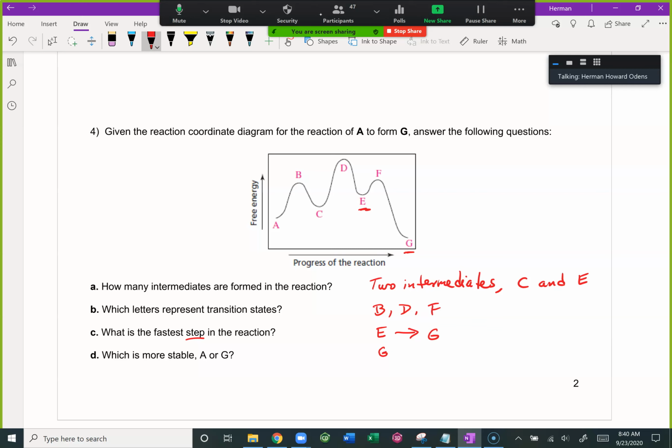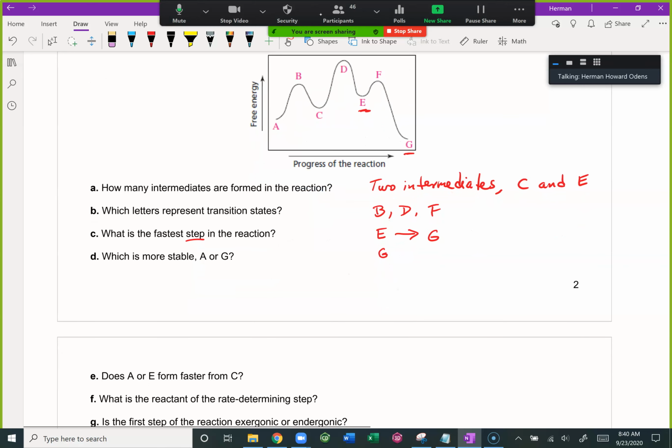So anything lower in energy, like here, when compared to this one, this is lower in energy. So G is the answer. It's more stable. Lower in energy means stable. High in energy means reactive. It's the opposite. All right, we're going to stick with